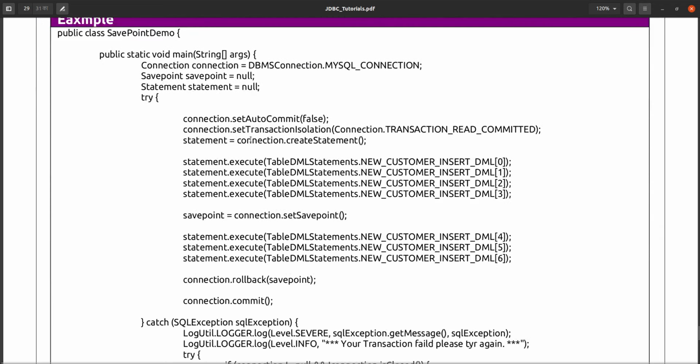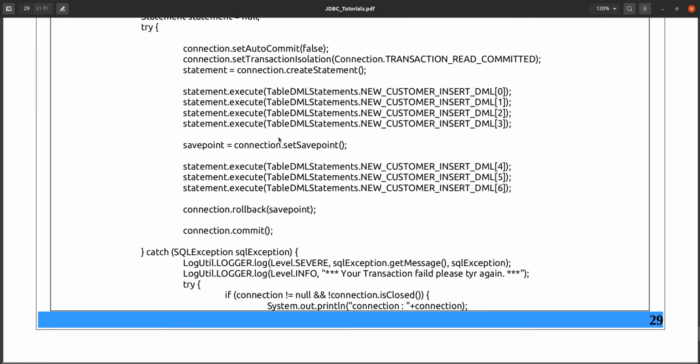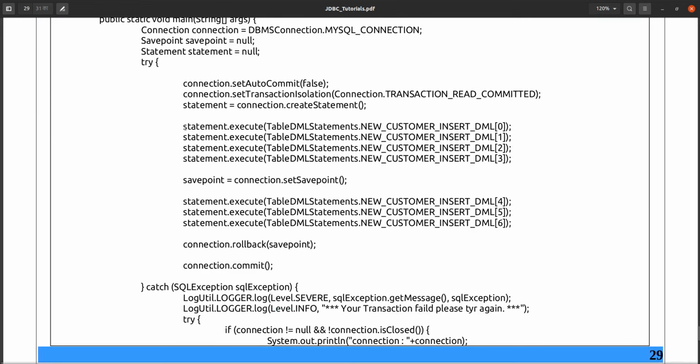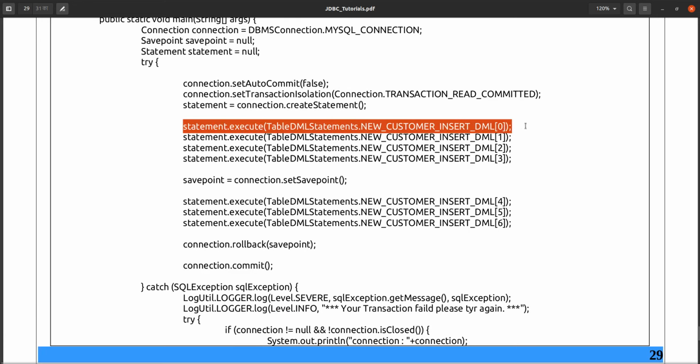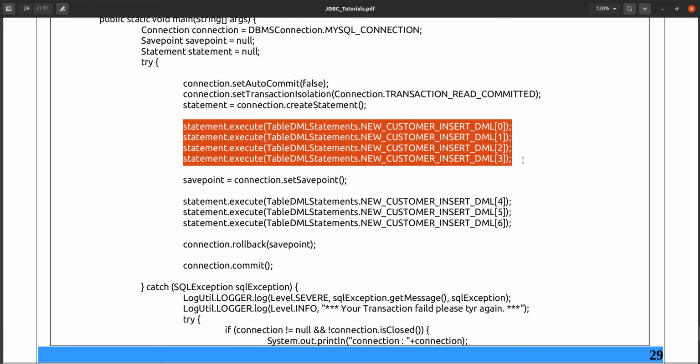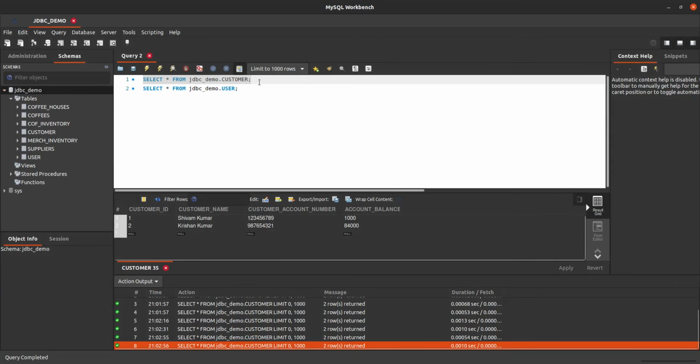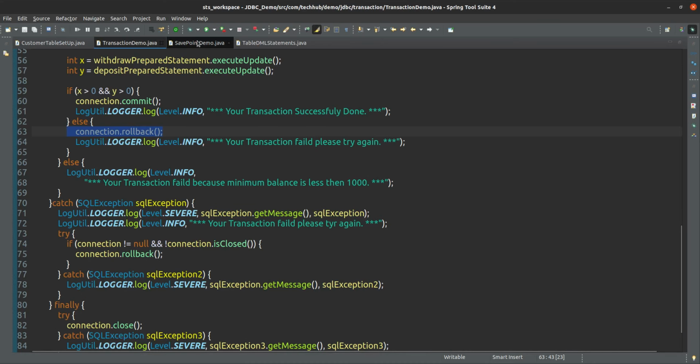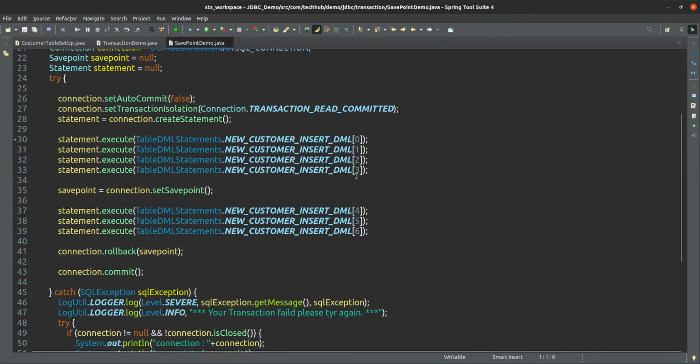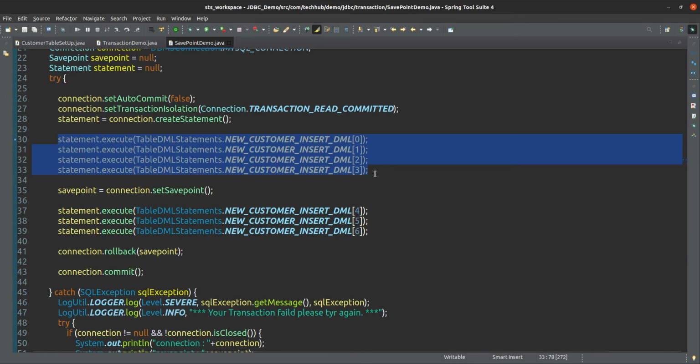Suppose if you see this example, here we have inserted some new records into the customer table. Currently, if you see in our customer table, only two records are there. But if you see this example, what we are doing here, we have inserted 4 new records.